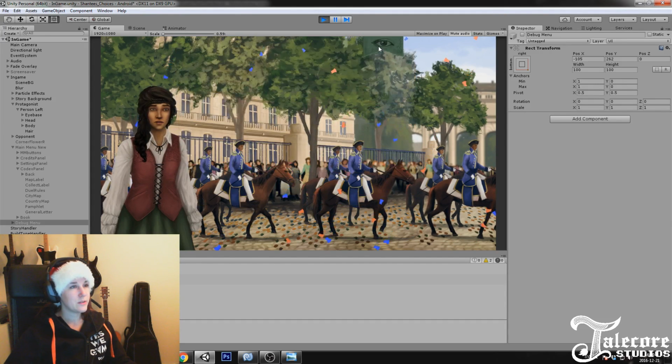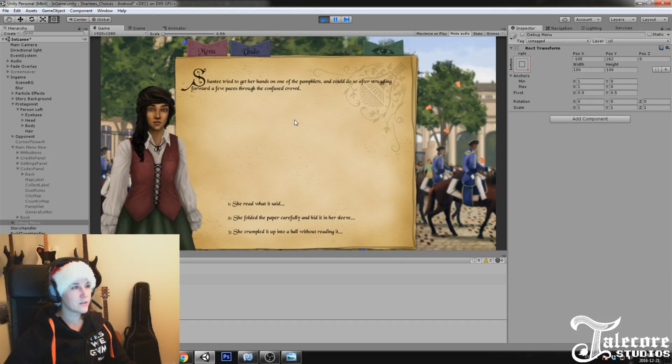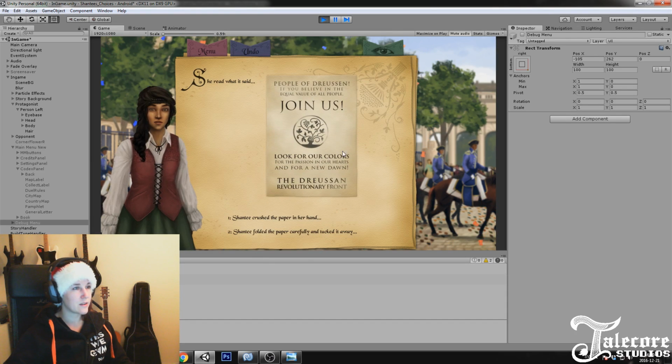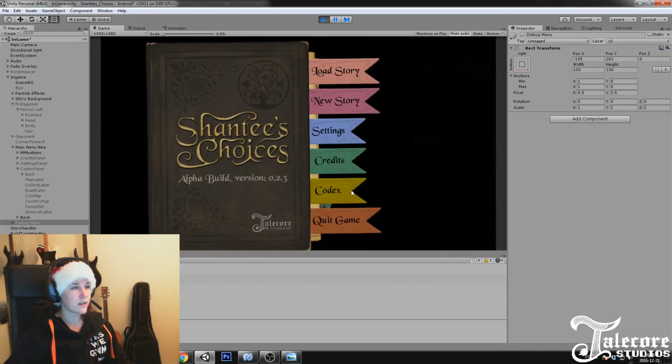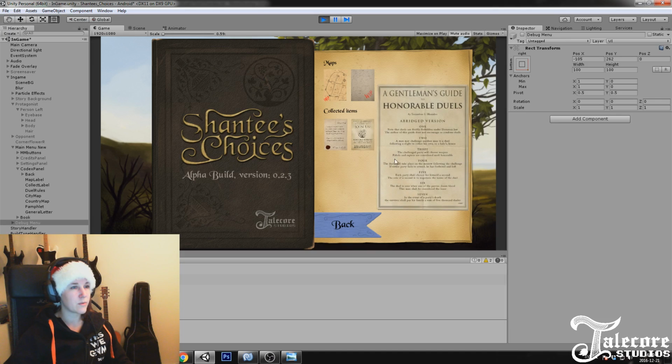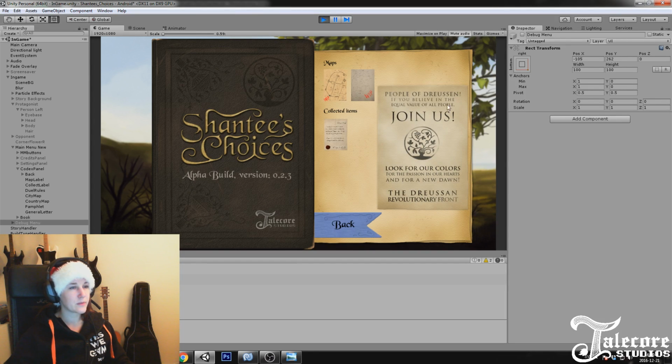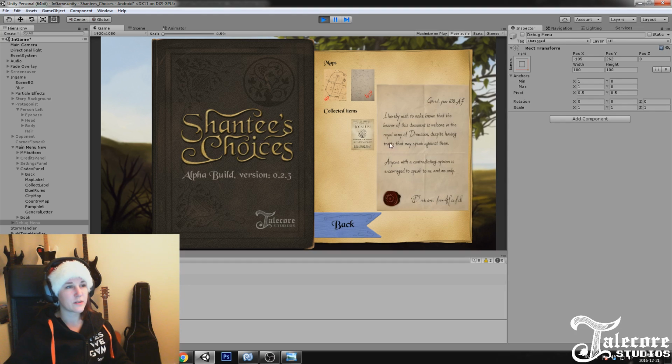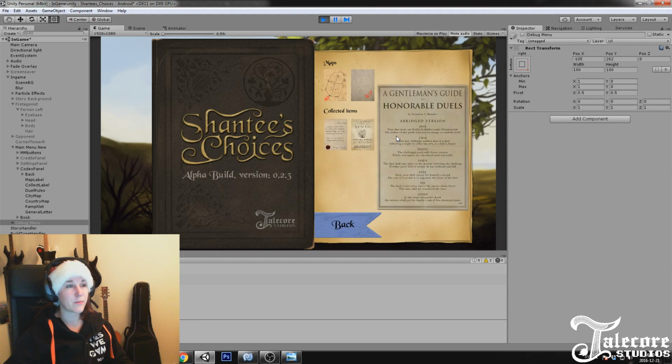If you look at the background, there is other stuff happening as well. Like as you just saw, someone fired a musket. I don't know if you noticed that. So then you get a flash, you get some audio cues and stuff like that. There are also things like you can read pamphlets, and when you do, you get them in the codex. You can collect stuff that you find during your playthrough, and then you can read them again.